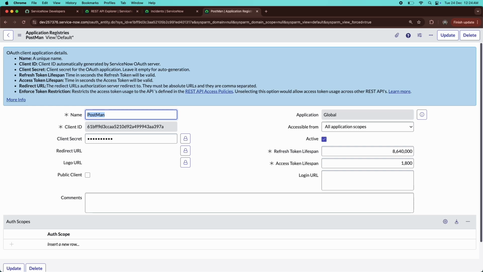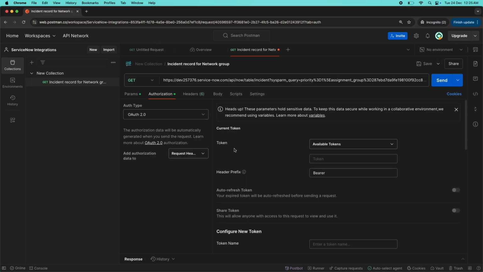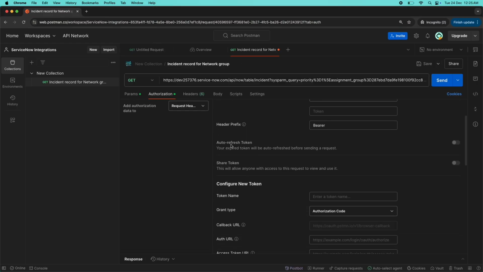That is why we created a new application registry for Postman, so that Postman can use this information and ServiceNow can understand, okay, this is coming from a registered external client, which here is Postman. We will understand this lifespan stuff in a minute, but first of all we have created this information. Now I will go back to Postman, and in the OAuth details, if I scroll down here, first